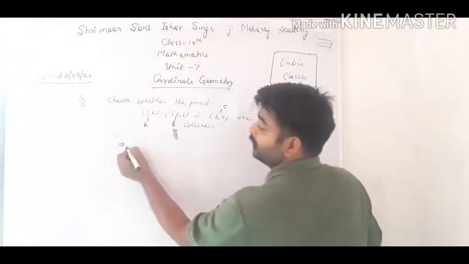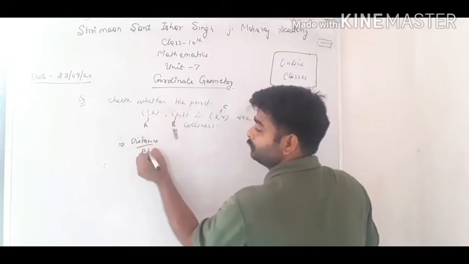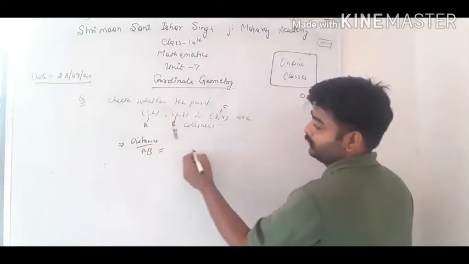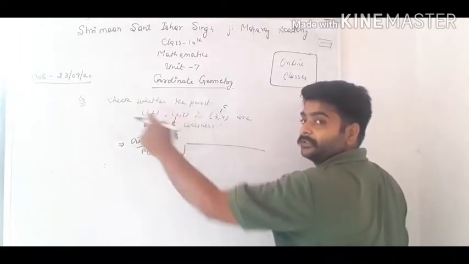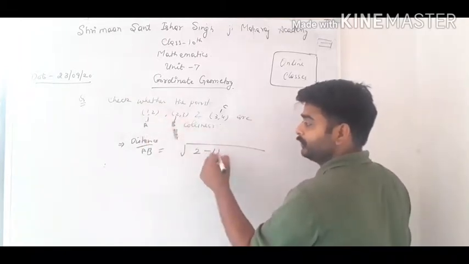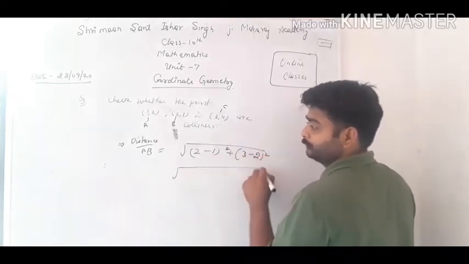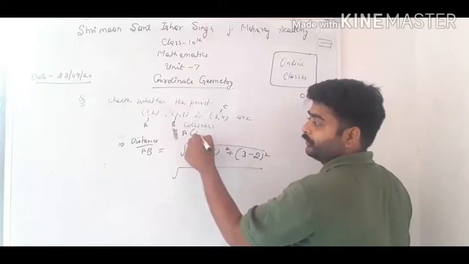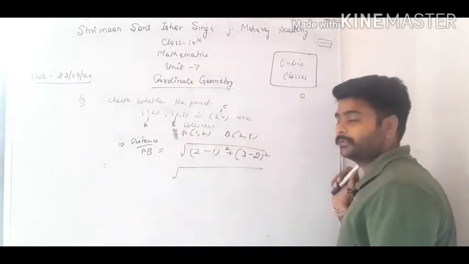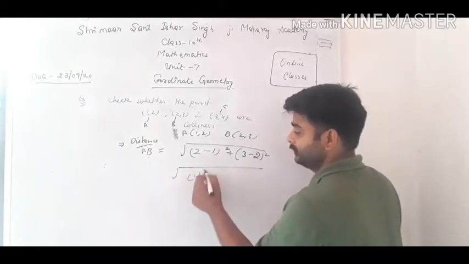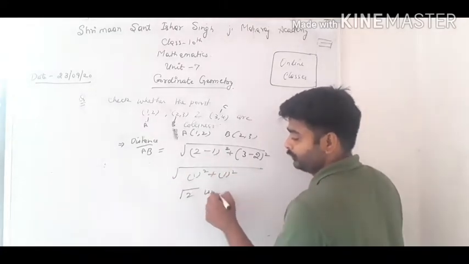Now distance AB we will find first of all. It's root of, what is this? x2 minus x1, so 2 minus 1 का whole square plus 3 minus 2 का whole square. So what are the coordinates, class? A is 1 comma 2 in this case and B is 2 comma 3. These 2 points are there. Now it's 1 ka square plus again 1 ka square, so it's root 2 unit.